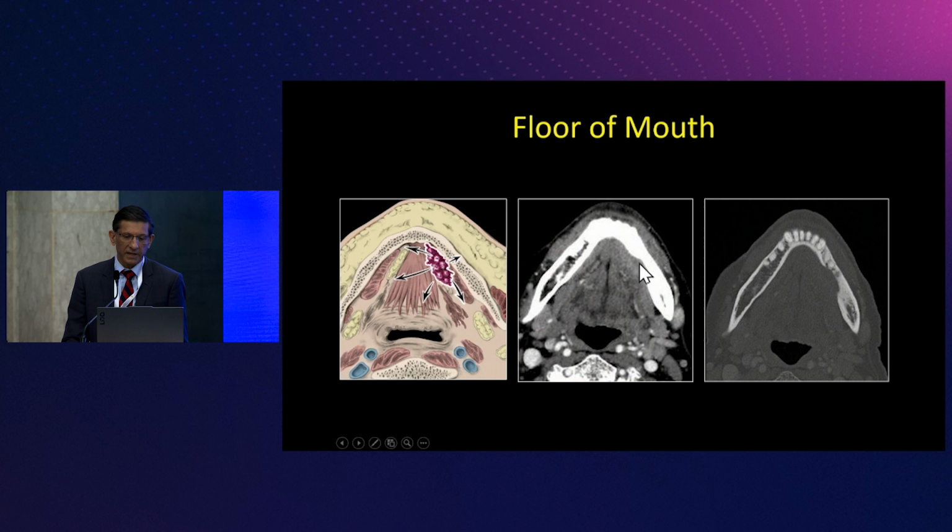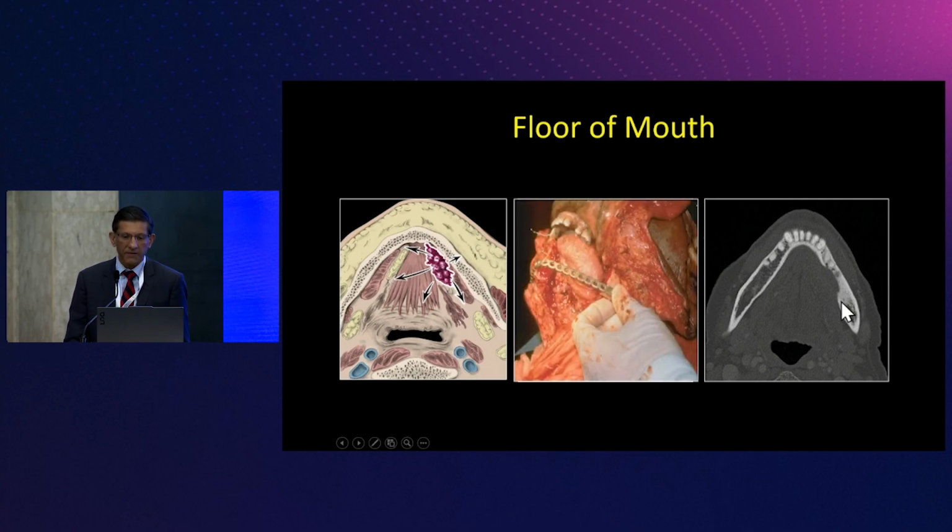But in this particular case, it's another example. Notice how my tiger stripes are gone. And then when I look at the bone, there's erosion of the lingual cortex. In fact, that bone is sclerotic. This patient would require a segmental mandibulectomy. So when you have your segmental mandibulectomy, then you have to reconstruct. And again, we'll talk more about this, but it's kind of a nasty picture to look at right before lunch.